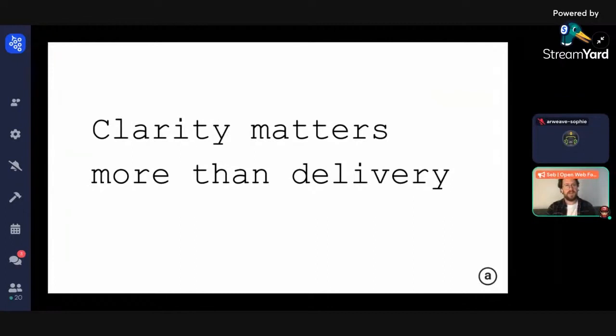The delivery needs to be great. But in reality, what really matters more is that the structure and the contents are presented clearly. It doesn't matter if you're not the most affable presenter. What really matters is that people understand what you're saying. And for that, structure and content make all the difference.